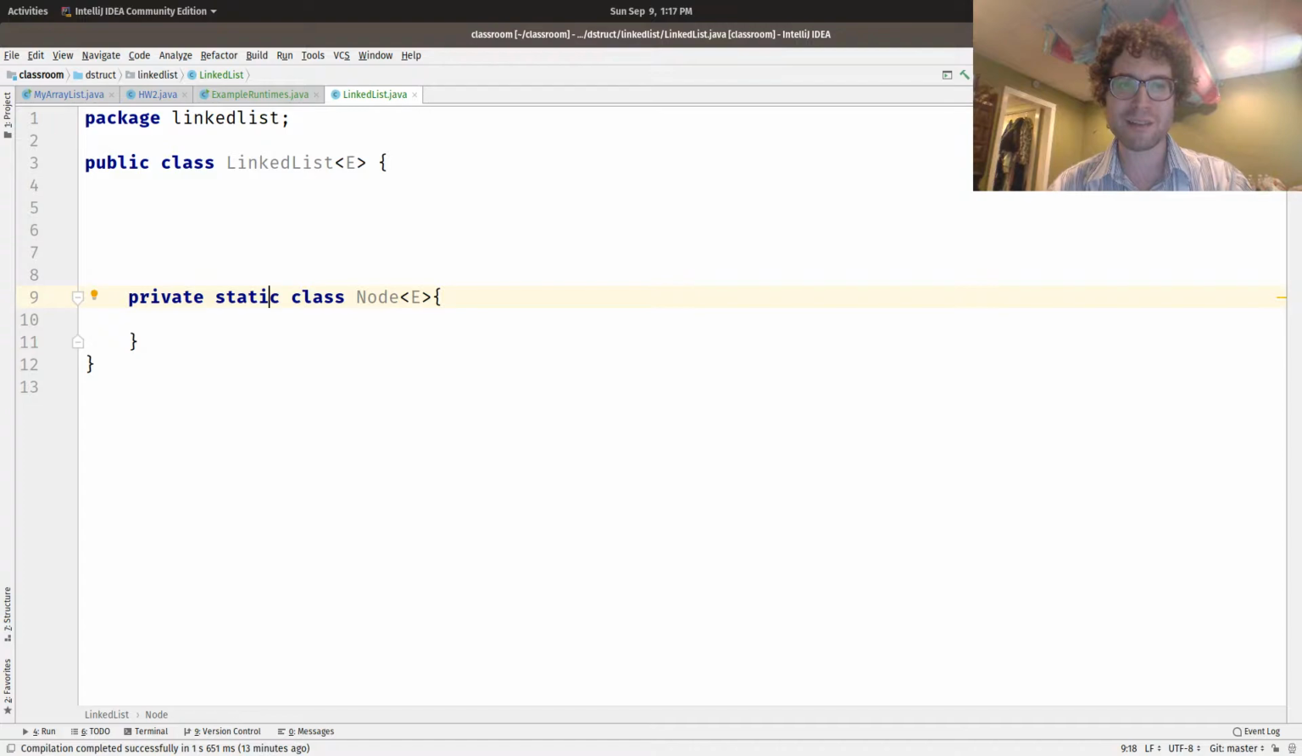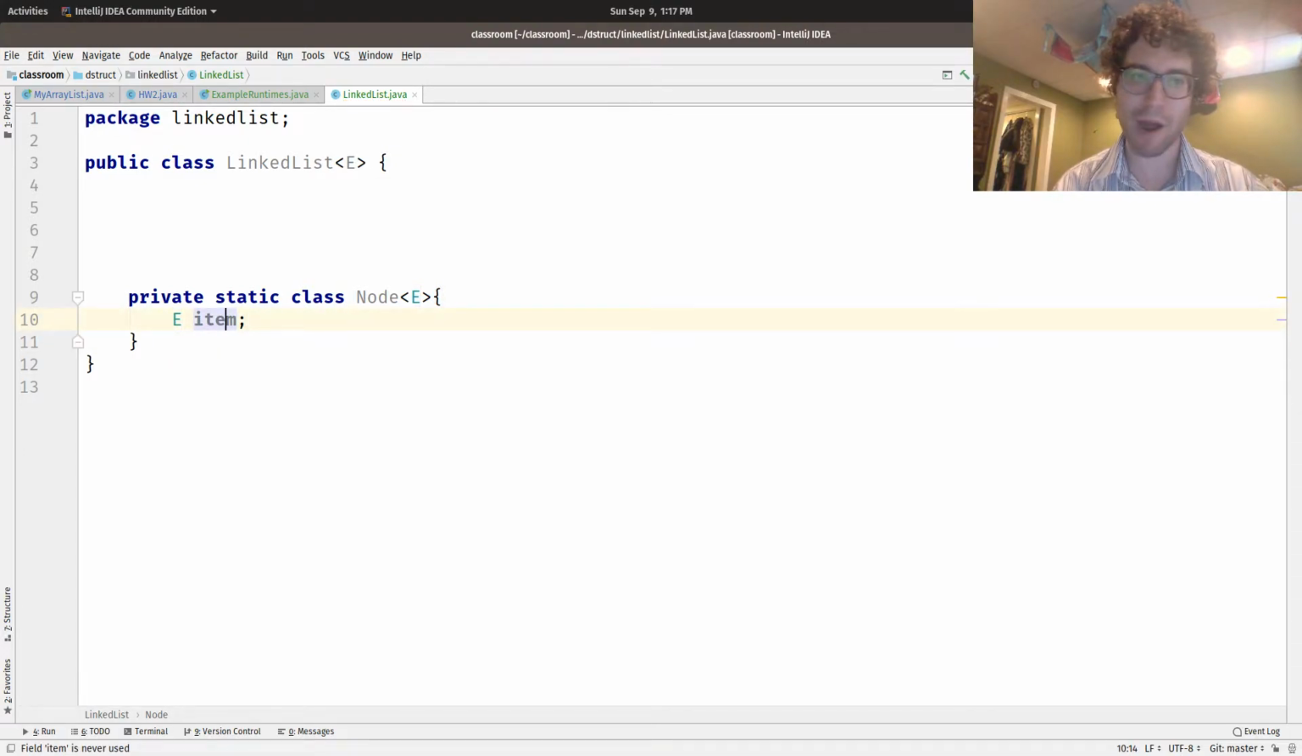Now that static just simply means that it doesn't need to refer to a linked list. It doesn't need to know anything about the linked list in order to do what it needs to do. So this is actually going to look a heck of a lot like the Box class that we wrote when we were working with generics. A node holds the memory location of an item. That's simple enough. I'm not going to bother making it private, because my linked list class should be able to see it. And then it's going to have a Node<E> node,